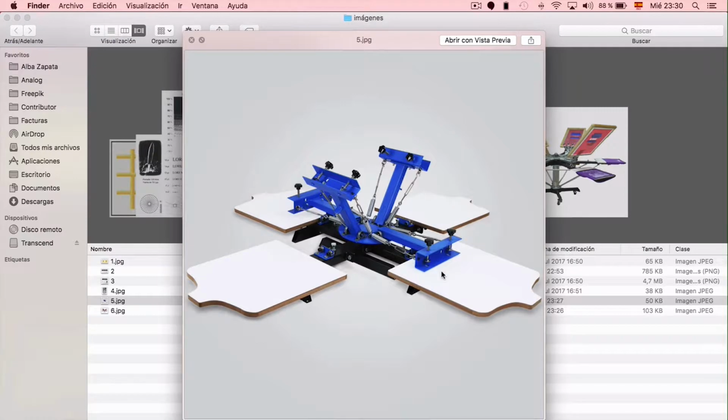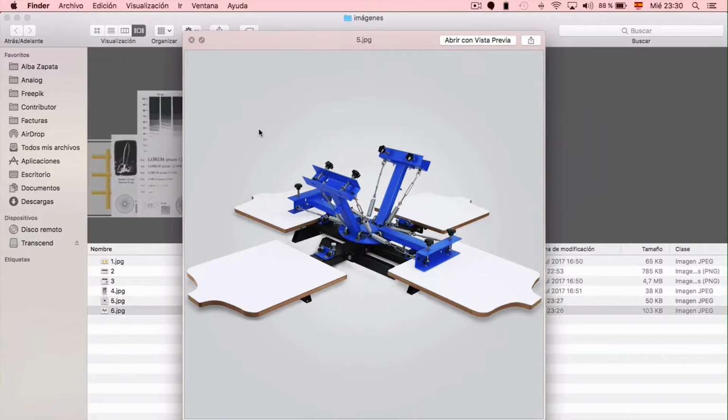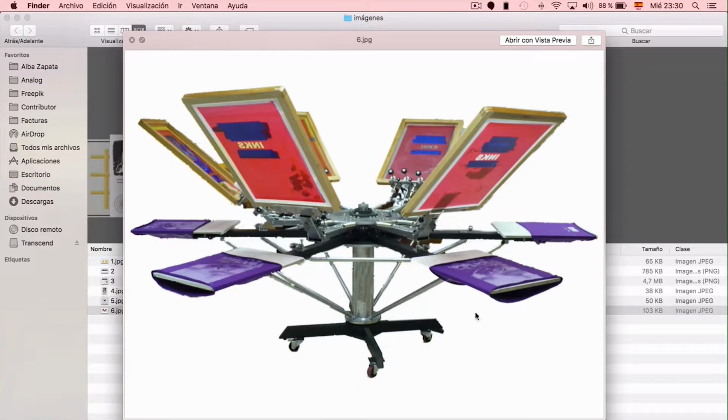Here you see a press with 4 stations that allows us to print up to 4 different colours. When we design for silkscreen printing, it's good to have this in mind for 2 reasons. The first is there aren't usually presses with more than 8 stations, and most only have 4. So it's important we don't go over on the colour when designing for our t-shirt, as we'll probably have to